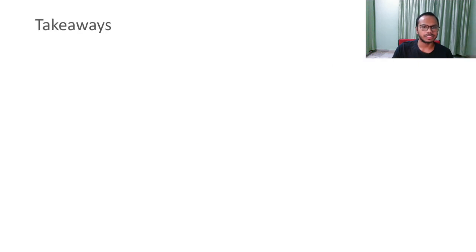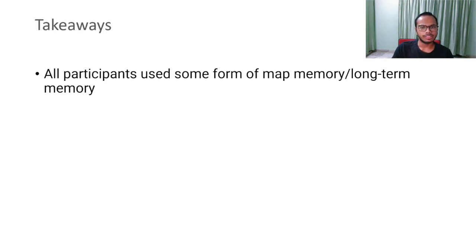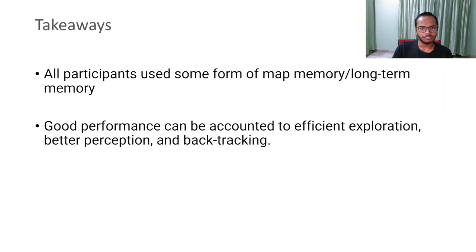Here are some of the takeaways. All the challenge entries use some form of map memory and they perform much better than baselines. This suggests that maps can be a promising direction to explore in the near future. Efficient exploration, better perception, and backtracking is what distinguishes a good agent from a bad agent. We nudge the community to think in these directions to advance research in embodied AI. Lastly, there is a lot of scope for improvement as even the winning entries achieve PPL of 44% and SPL